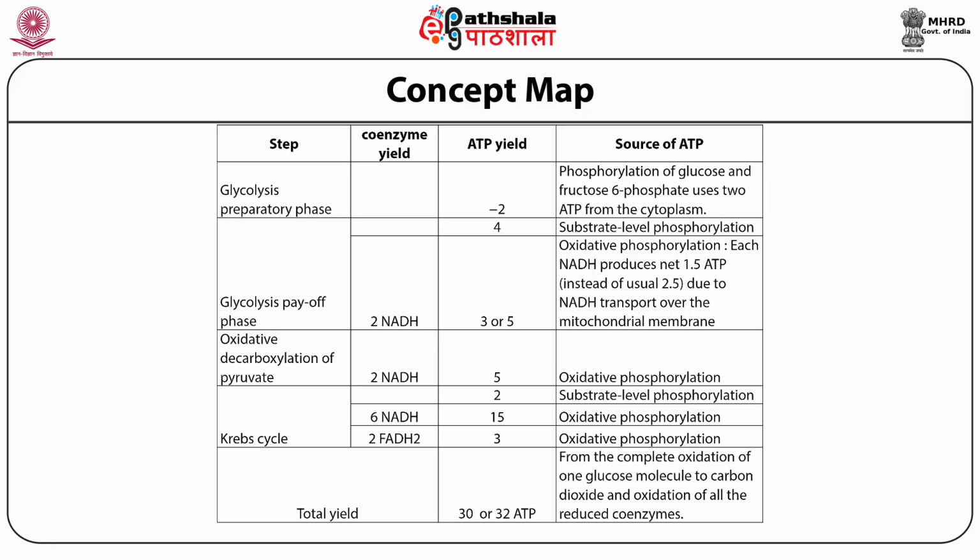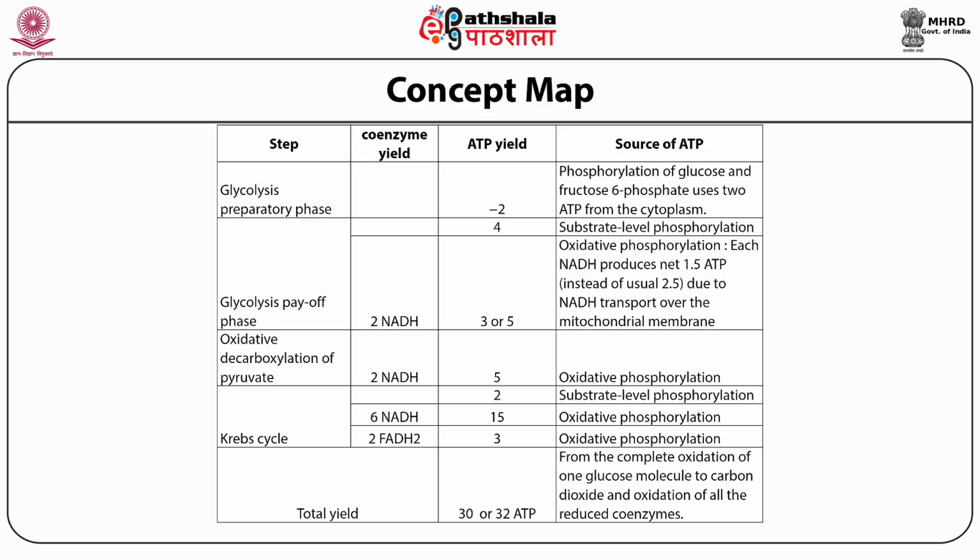Glucose undergoes glycolysis, and then the pyruvate that is formed is converted into acetyl coenzyme A, and that acetyl coenzyme A enters into the TCA cycle. So from this entire process, the glucose is getting converted into carbon dioxide and water. The ultimate target over here is to find out the energy that is released from one molecule of glucose.